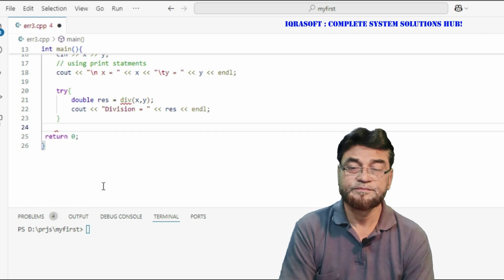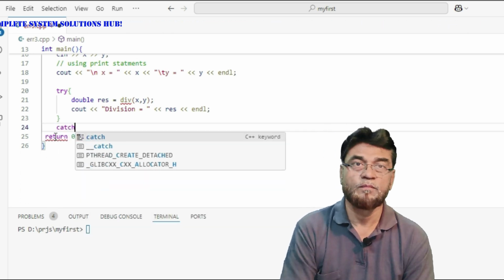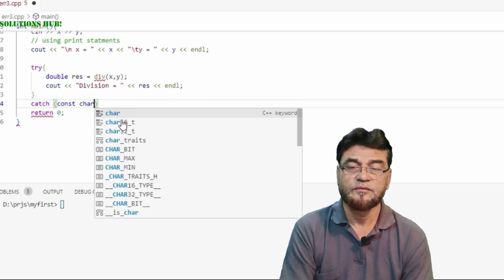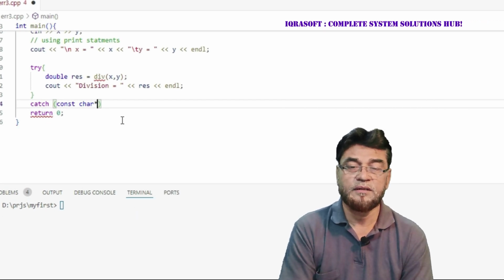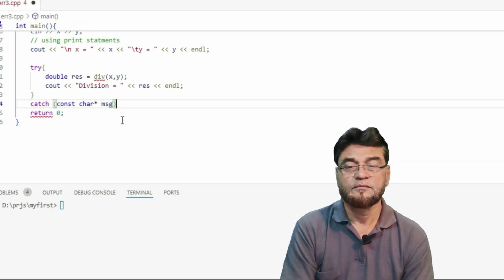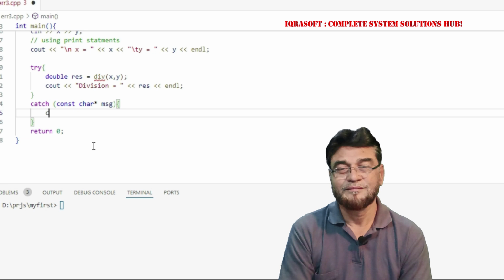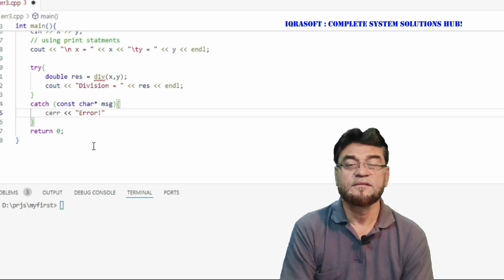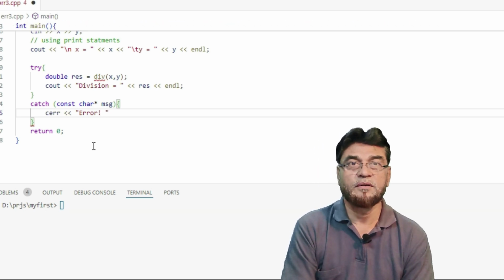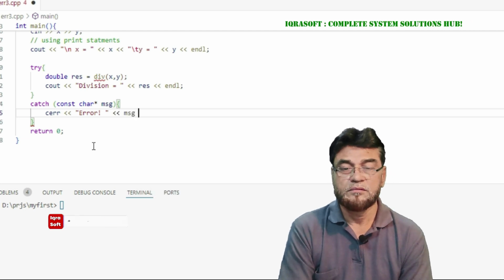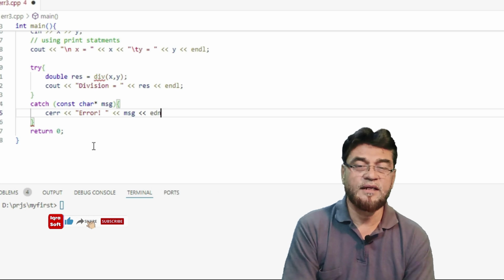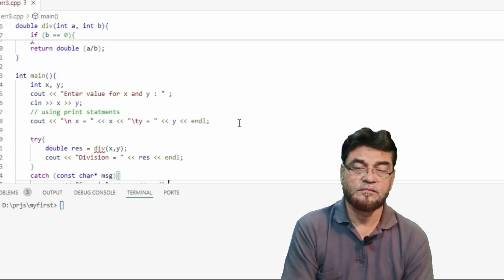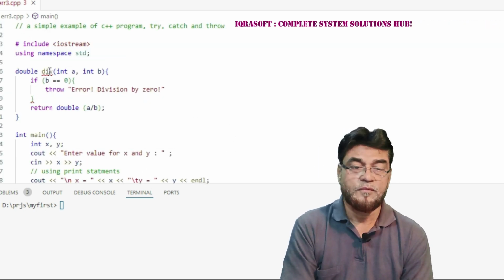Delete this portion. catch (const char* msg) { cerr << "Error: " << msg << endl; }